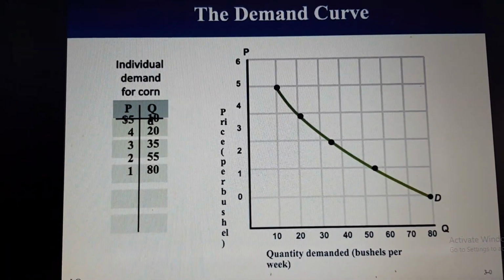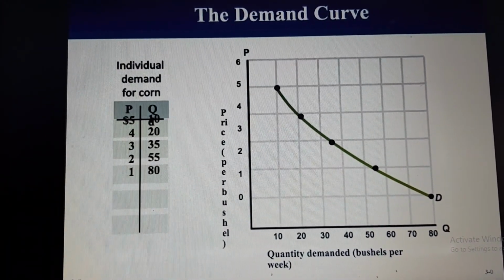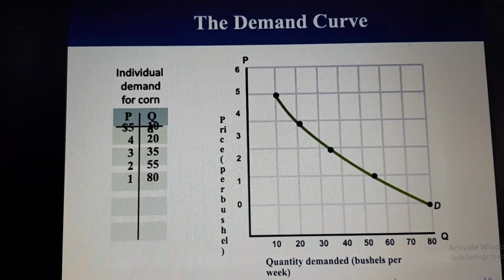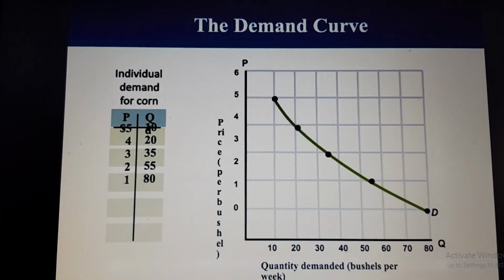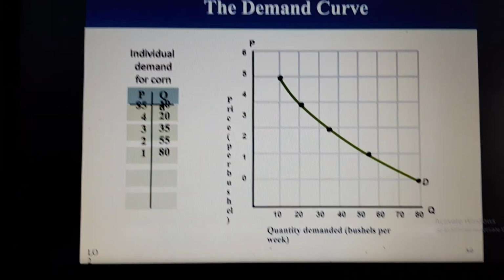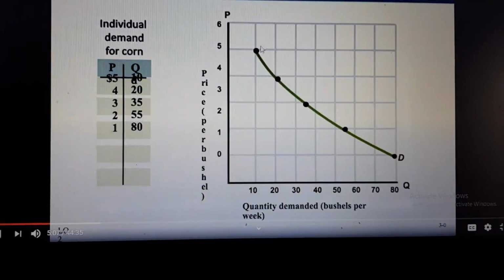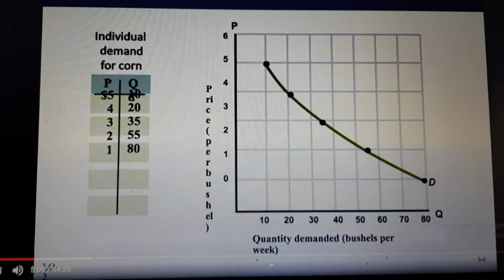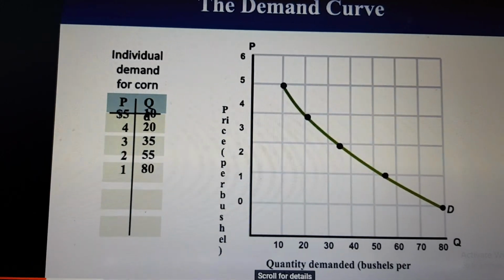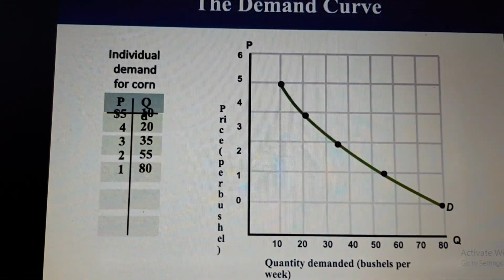So this is in line with what we see in the law of demand. As the price of corn per bushel rises, I demand less and less bushels, and vice versa. As the price of corn per bushel drops, I buy more and more